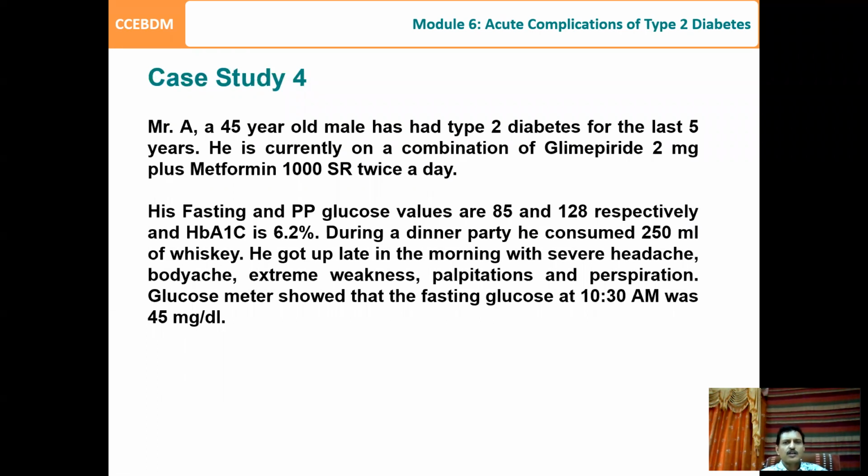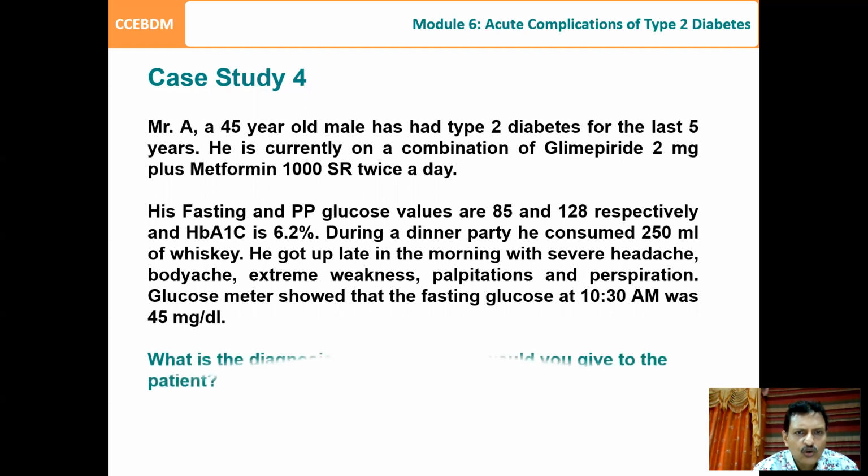He got up late in the morning with severe headache, body ache, extreme weakness, palpitation, and perspiration. The glucose meter showed a fasting glucose at 10:30 a.m. of 45 milligram per dl. So as you can see, this patient has developed hypoglycemia, and we should advise the patient,